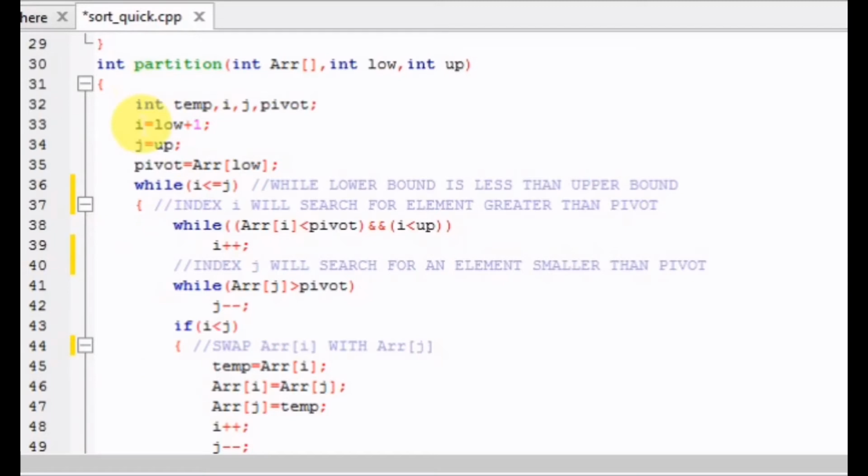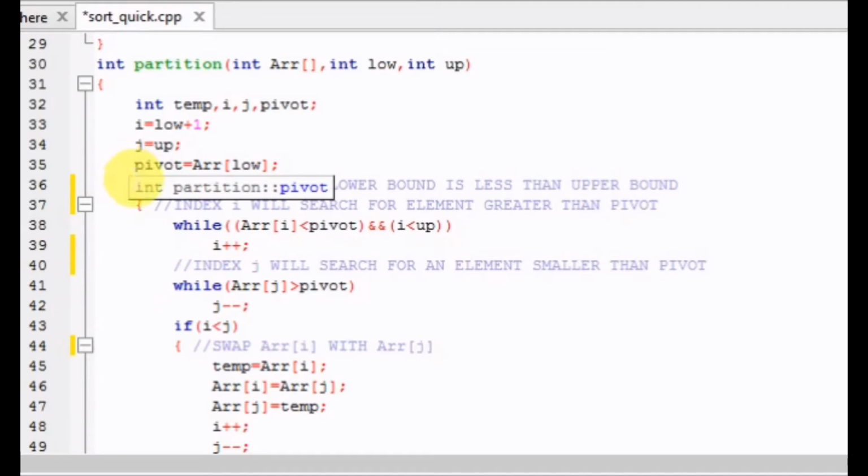As you can see, this is the block for the function partition. Here we are initializing the variable i with low plus 1, that is the lower bound of the array plus 1. And we are initializing the variable j with up, that is the upper bound of the array. And here we are setting the element at the lower bound of the array in the variable pivot. Okay, so pivot element is the element in the lower bound of the array, that is the first element of the array, right?